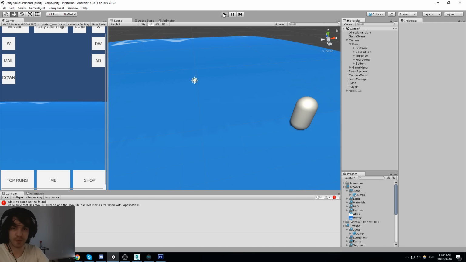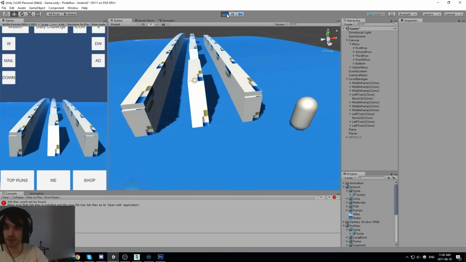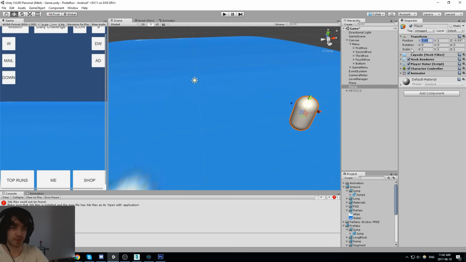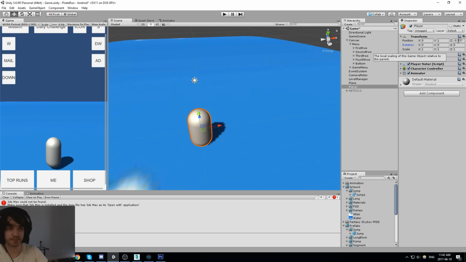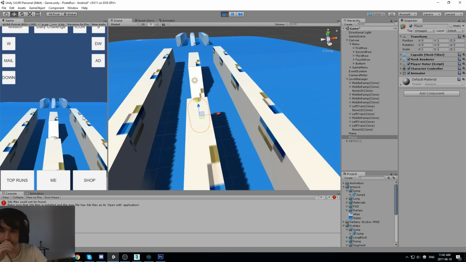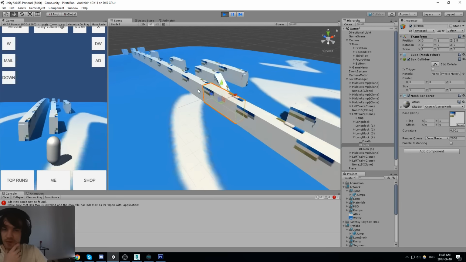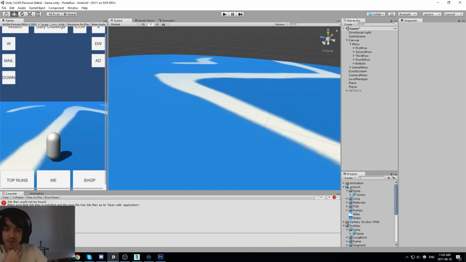And here we go. Take my player, put it back in the center. Now I'll have to modify my segments because we do some nested spawning here.